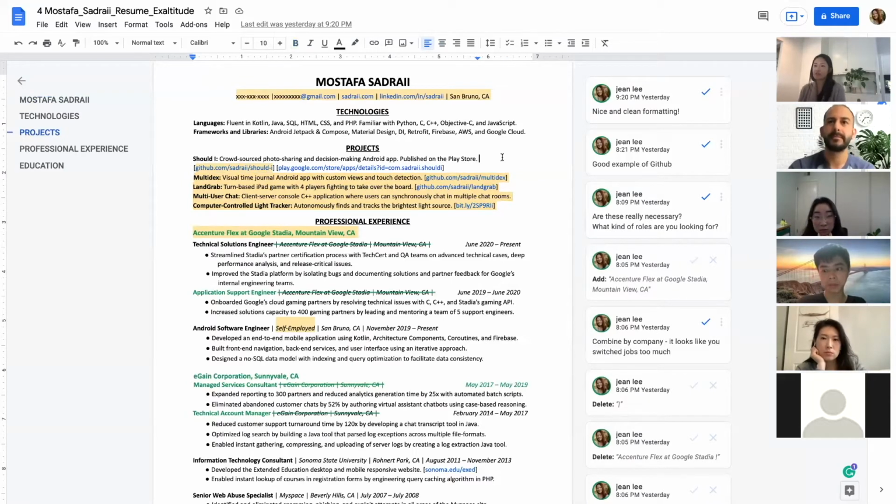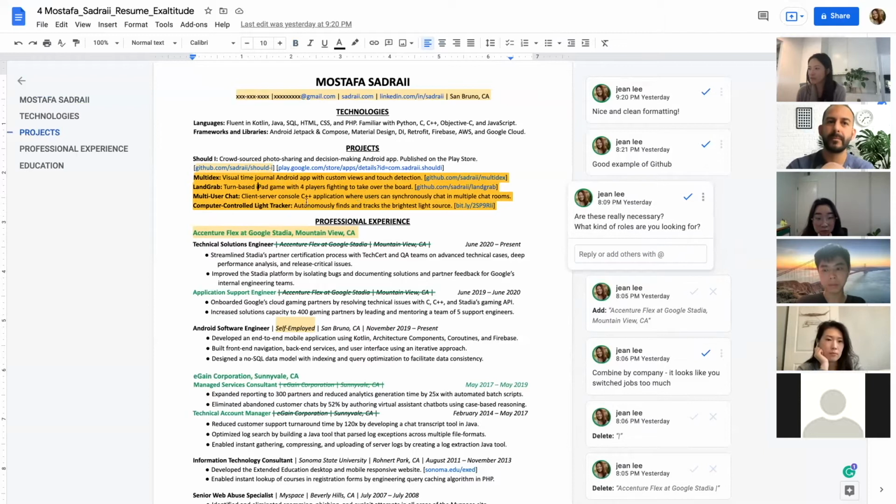Yeah. So normally I would say if you've been working in the industry for a while, you don't really need to list out your projects. But in your case, I can see why you would want to do that because you want to highlight your Android development experience. So in that case, I would include them, but are these all Android? No, they're not. And are you absolutely focused on Android or are you applying for other jobs too? Currently, I'm focused on Android, but it's proving to be difficult, so I might have to expand.